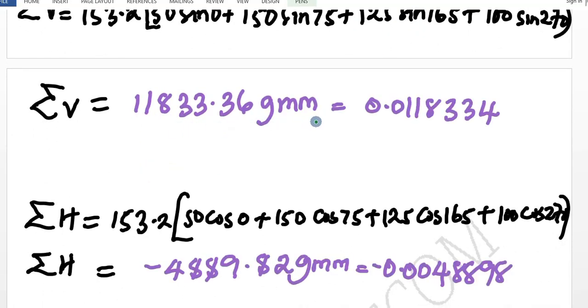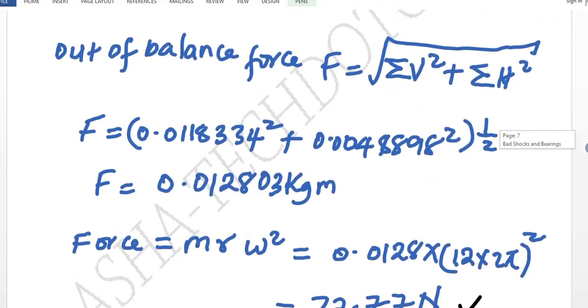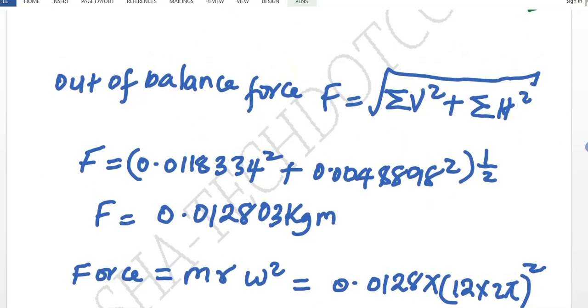11833.36 grams millimeter, which is the same as 0.118334 kilograms meters. Likewise, if I substitute in the values to calculate the resultant horizontal force, it would give me 0.00488898 kilograms meters. So having gotten the resultant vertical and horizontal forces, then I can calculate the out of balance